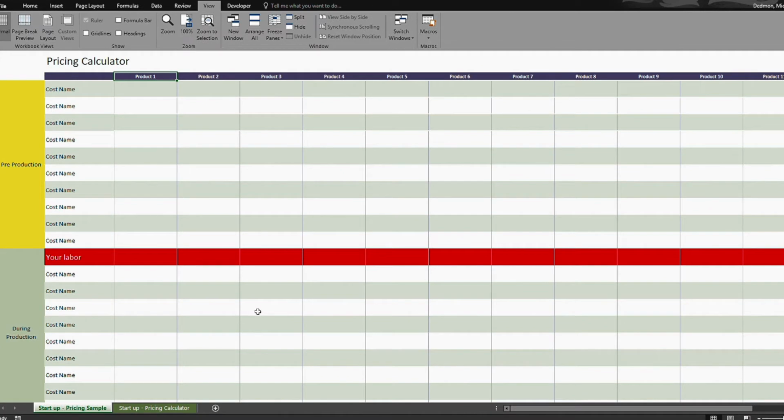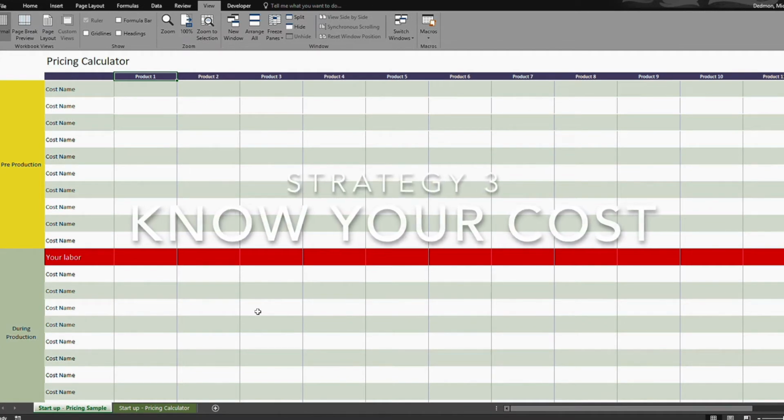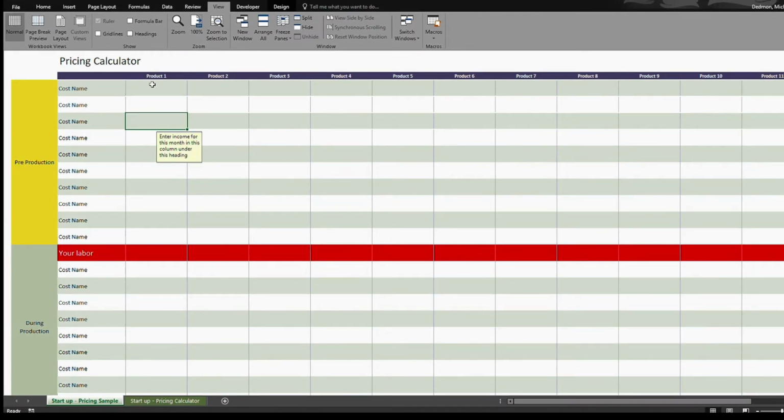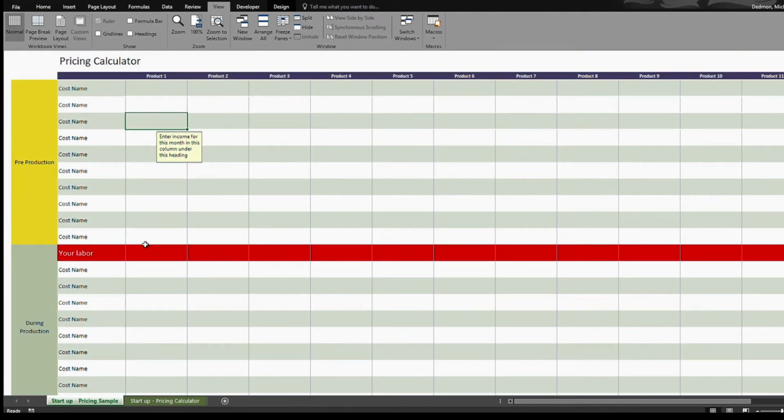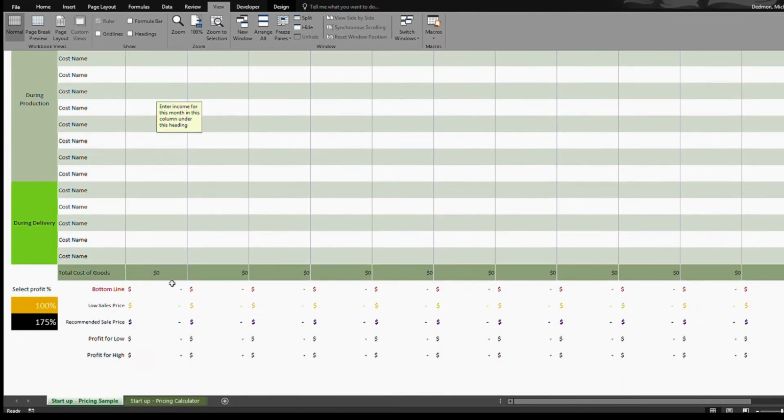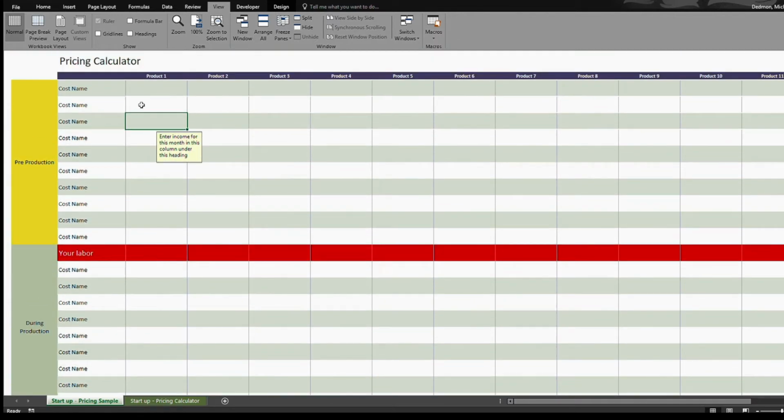The next tip is going to be know your cost. And once again, having something like this that actually logs all of the costs per product that you sell is extremely important, because then you're able to leverage that information. Data is king. So if you know that, for this particular product, it costs you $150 just to produce this one product, then you shouldn't be selling it for $200. That's just not a good profit margin.